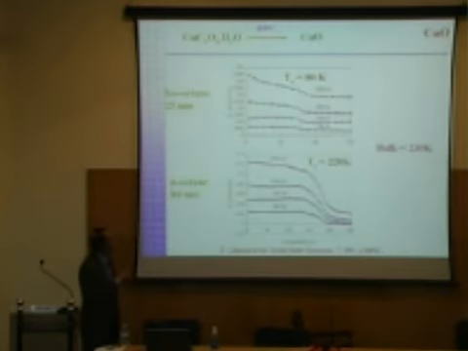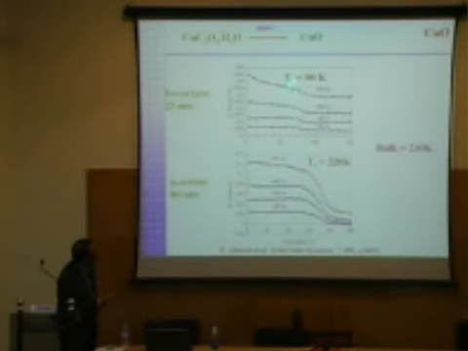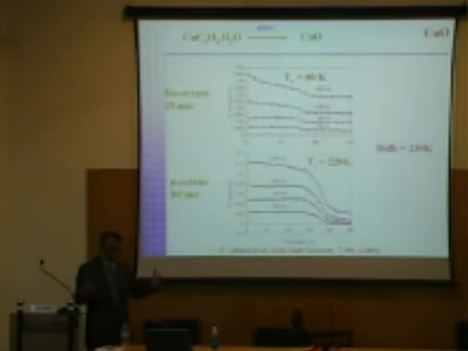Same thing that we have done for copper. We have done 25 nanometer particles and 80 nanometer particles. We looked at the magnetic transition. You see, if you have 25 nanometers, you have an 80 Kelvin transition. And if you have an 80 nanometer particle, the temperature is about 220. So you see the magnetic ordering temperature changes. So you can tailor these things.